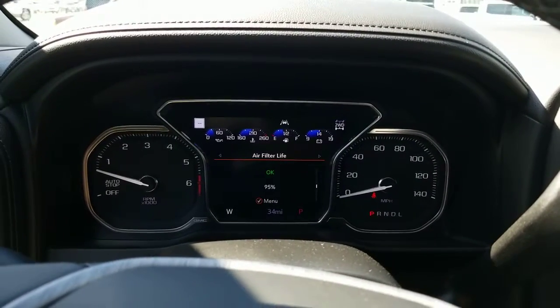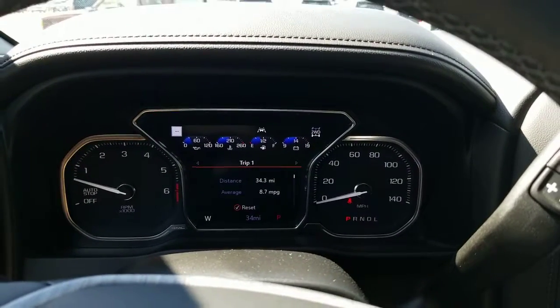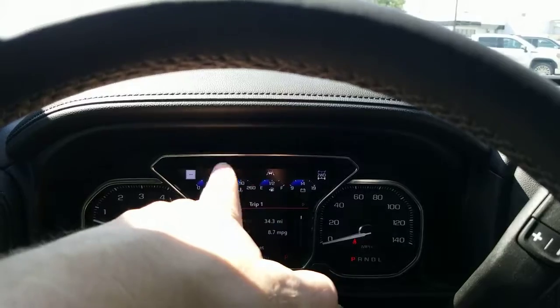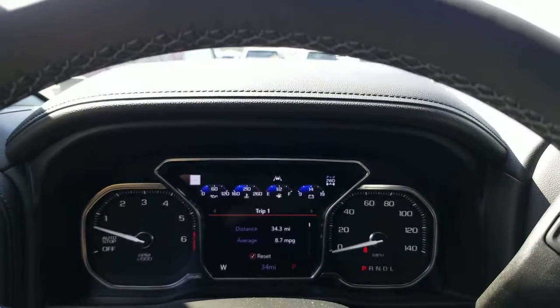It'll actually tell you your air filter life, your brake pad life, your fuel economy best, and so there is a lot of information that this pickup automatically tells you, as well as in the AT4 and Denali, which have the complete configurable display. You will notice here when I turn it into trailer mode, you will see instantly it jumps from the battery to,